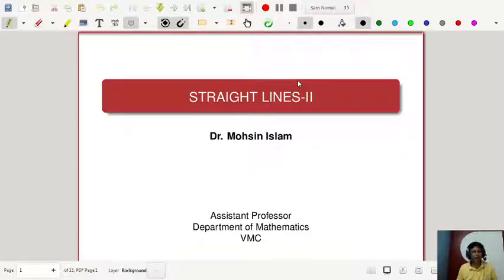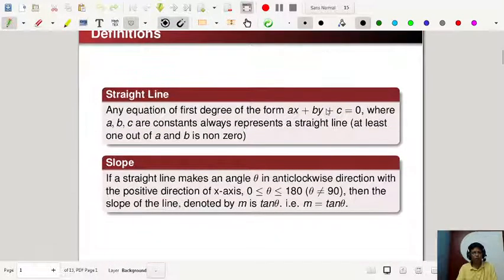If you study mathematics at a higher level, at the postgraduate level, and maybe after postgraduate level, you will study non-Euclidean geometry. So you are learning Euclidean geometry. So, straight lines too. Before we go to straight lines, what is a straight line actually? We are talking about a straight line.